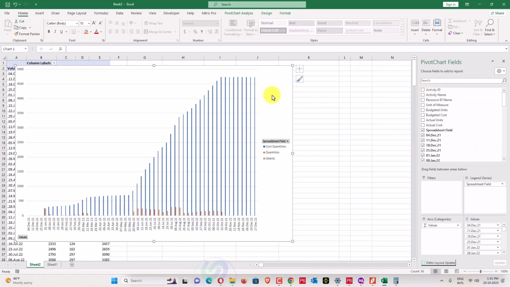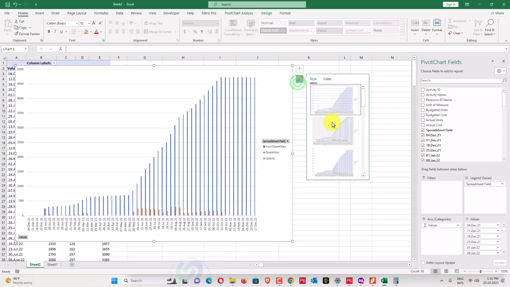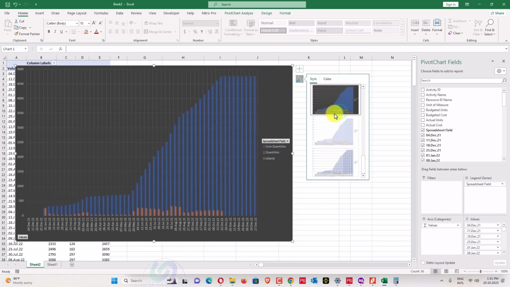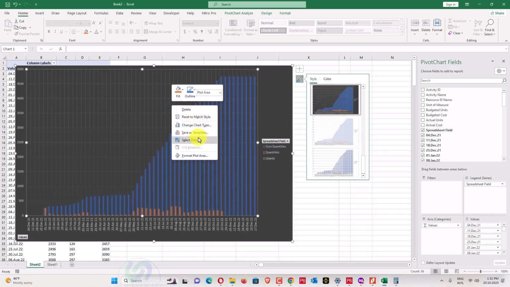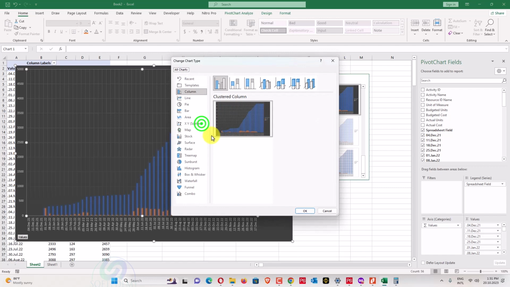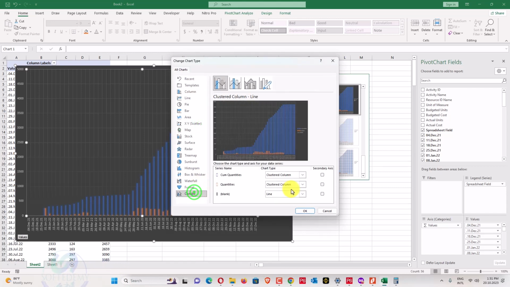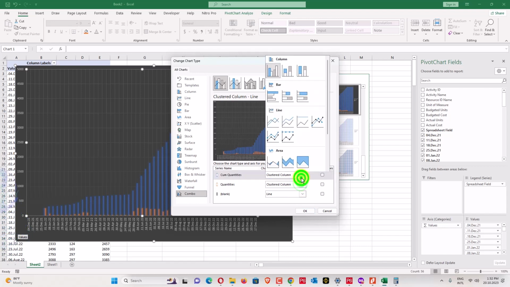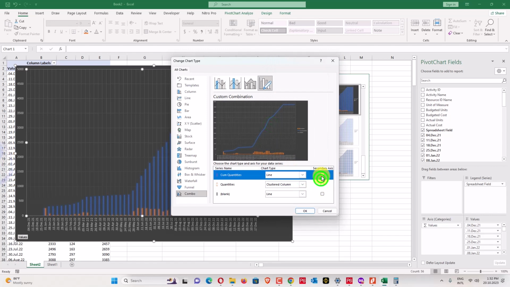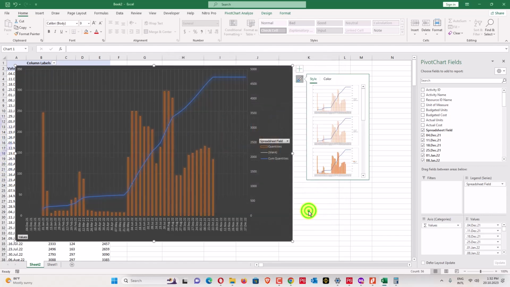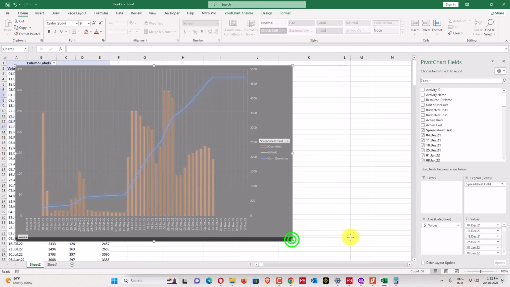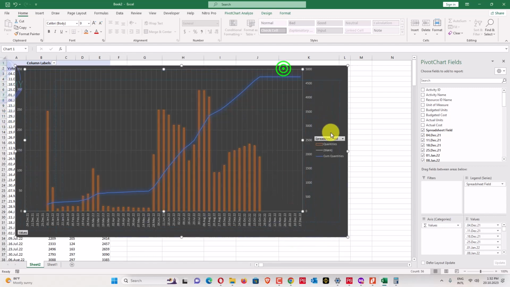So we can add a slicer later on. We'll add this one. Okay, this one is commodity. We can change here the chart type and combo, the linear. Okay, there will be a blank. What is the blank? Just leave that one blank. And quantities are in clustered column. This one is in this one. We need it in a line. So where is the blank?